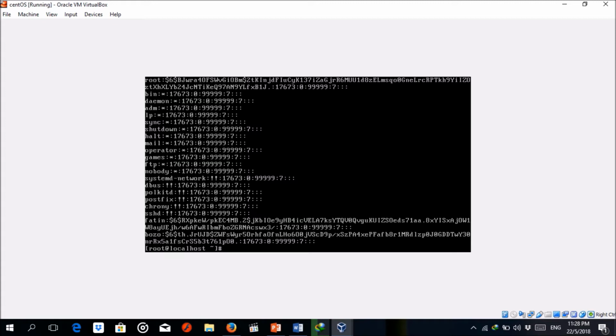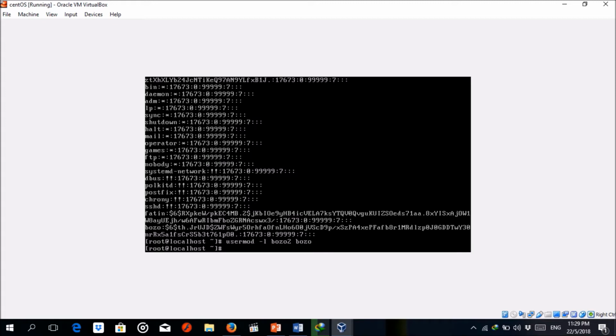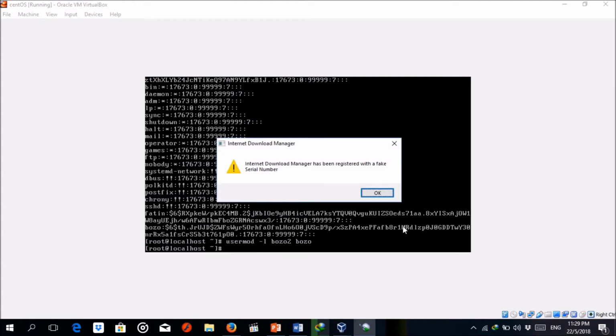At the command prompt, type usermod -l bozo2 bozo and press enter. Next, type cat